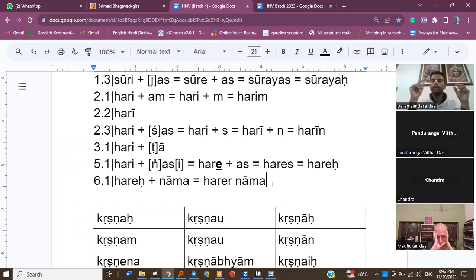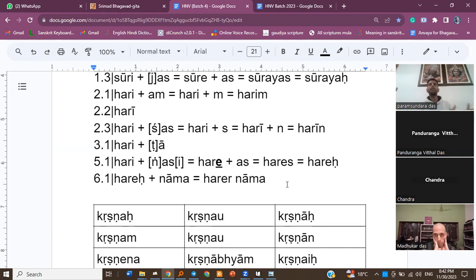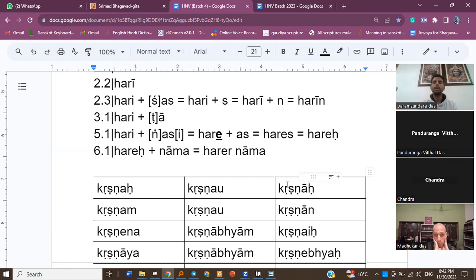So now are you getting the point? First of all, we learned how to decode the Sandhi of Hare Nama, let's say. So we knew how that Ra Rama was formed from the Vishnu Sarga. And now here we learned how that form itself is made from the very root word which is Hari. So this is how grammar works. We started decoding with sandhis and then coming to how the word itself is made, the Hare Shabda in Harer Naam. So yeah, that's why we are here, so that we can decode the language and we can understand in depth.